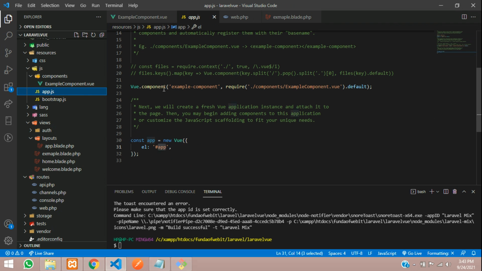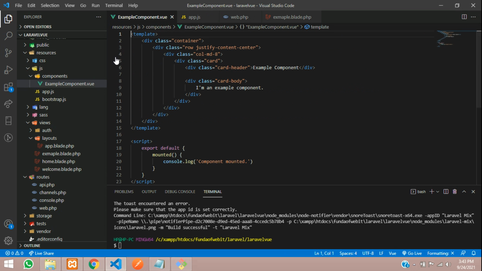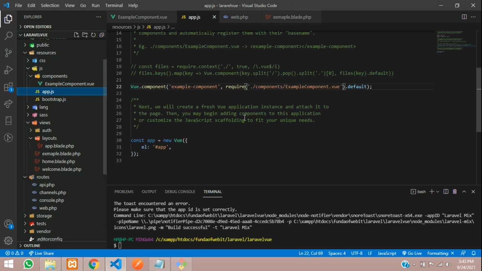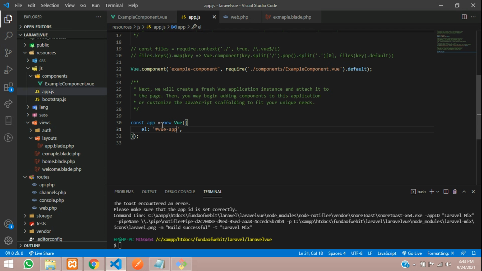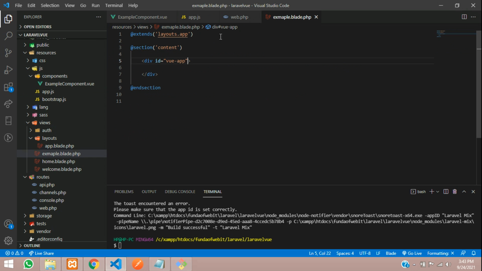You can see the Vue component example, which is set over here. Now you just need to change this to view-app so it will be clear. You are setting a new Vue app, and this app.js targets a particular id. How it is connected is all handled by Laravel, so you do not need to worry.